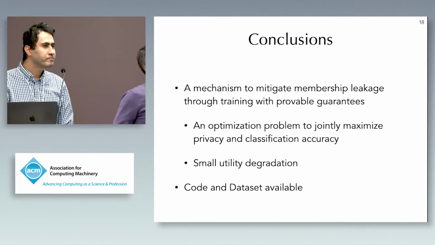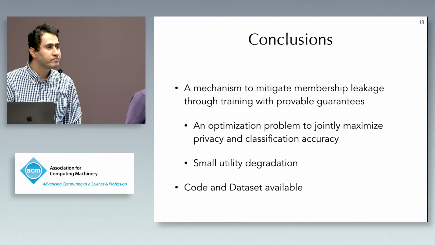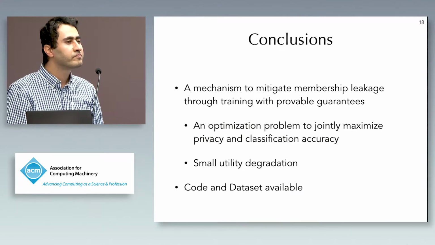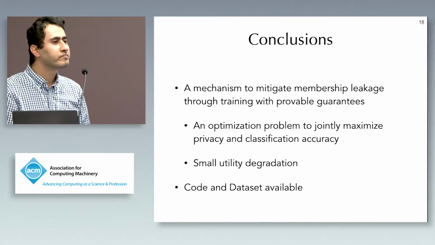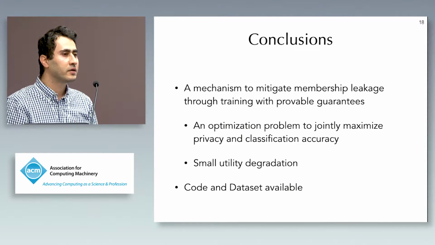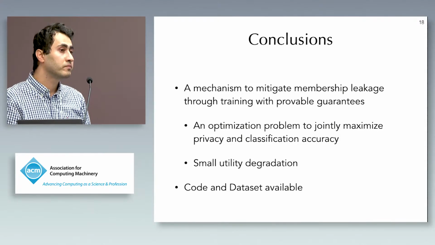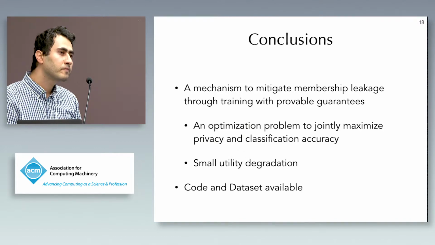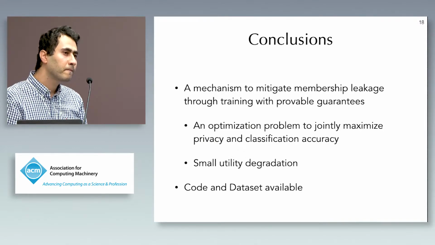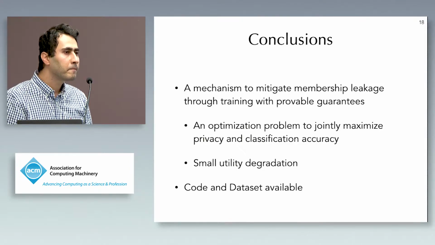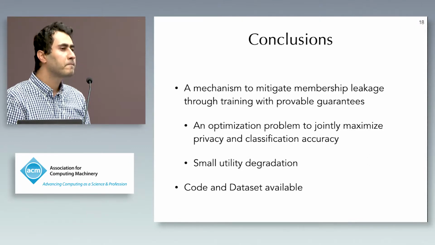I think you are considering only a specific attack F. Can you do anything for a general attack? What do you mean by general attack? I think F is a very specific attack. You mean other kinds of leakage? No, for the membership. The F which you have there is an attack of a very specific type, not general. So there might be some attack which can break your scheme very easily.